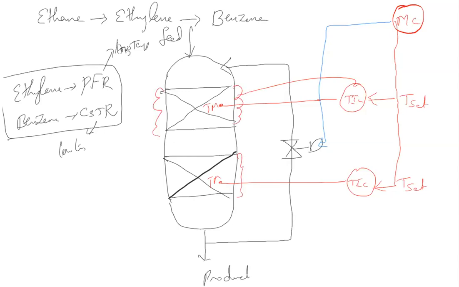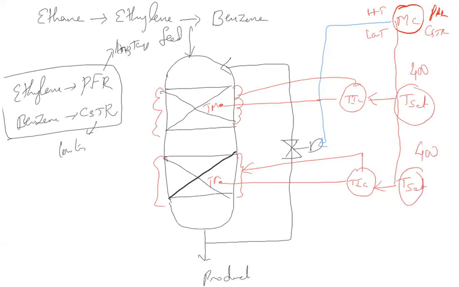You have coils something like this, coil something like this, correct, coil something like this. So how does this reactor work? If I want to operate, here you have two options, PFR and CSTR, high temperature, low temperature. When I press high temperature, this will receive a set point of 400 degrees. This will also receive a set point of 400 degrees. Accordingly, both the beds are maintained at 400 degrees.